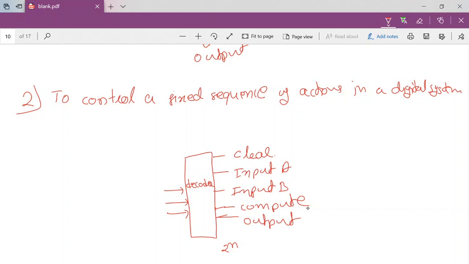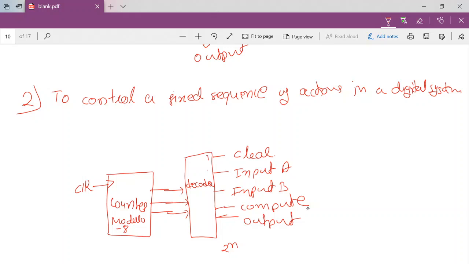Now we will use a counter here, and the output of the counter we will apply to the decoder. Suppose this is a modulo 8 counter. We represent a counter like this: modulo 8 counter, modulo 16 counter, and so on. Other control signals would be the same; I am skipping those.